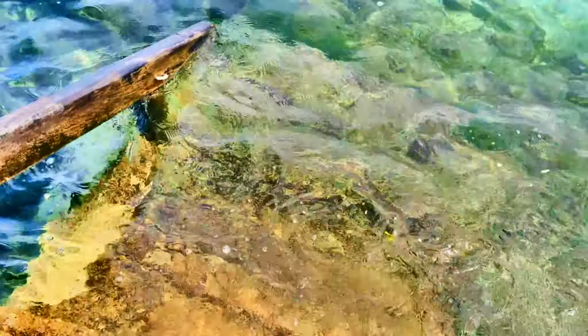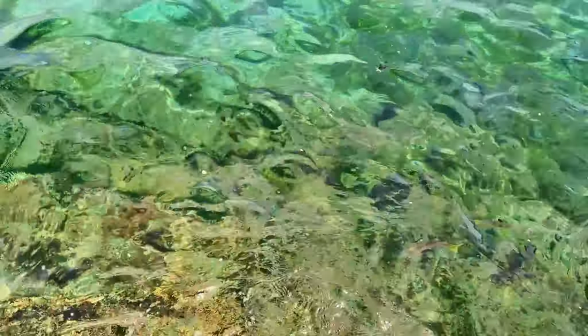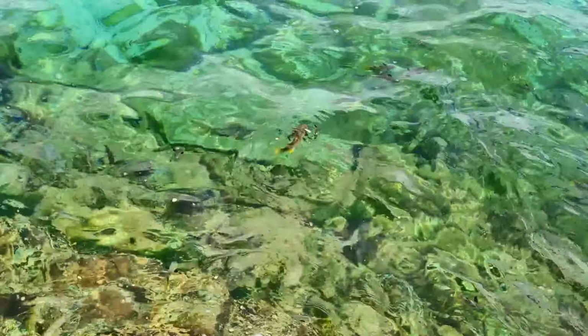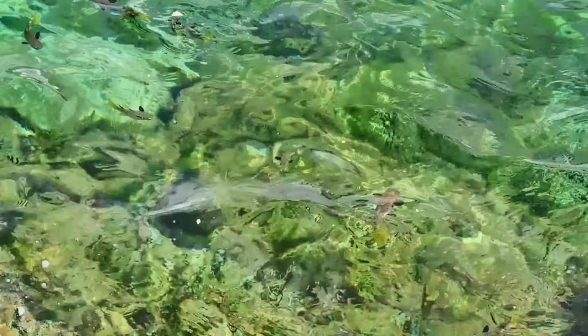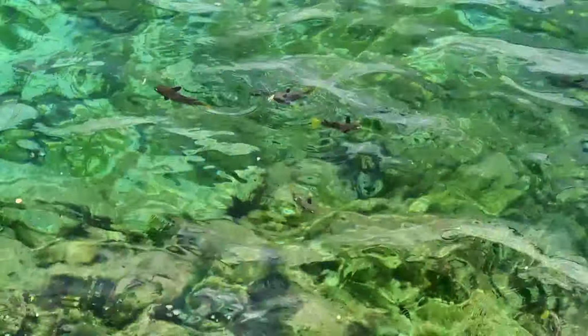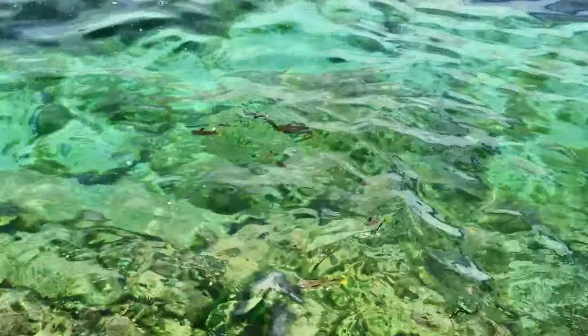If you toss some crushed skyflakes towards the fish, they will come near enough to be photographed. Getting your crackers. There they are. Getting all your crackers. Maybe at the end. Took a little while, but